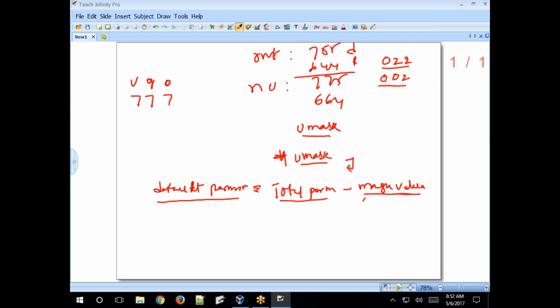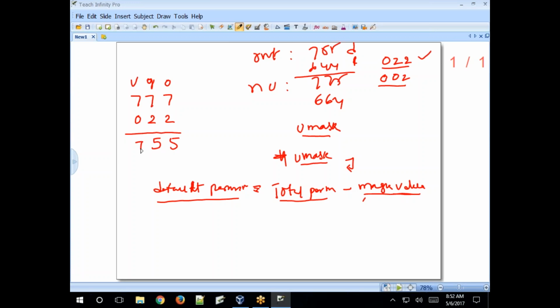What is the mask value? For the root user 022, for the other user 002. Minus, 7 minus 2 is 5, right? 5 and 7. Got it?